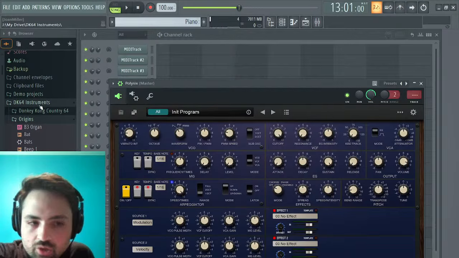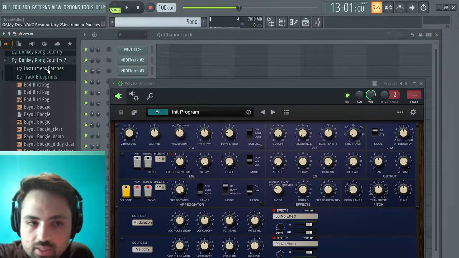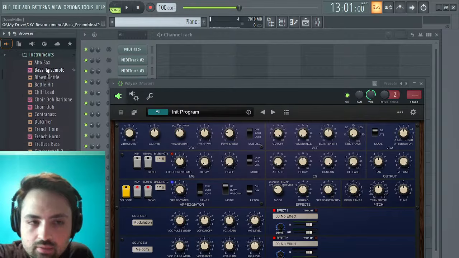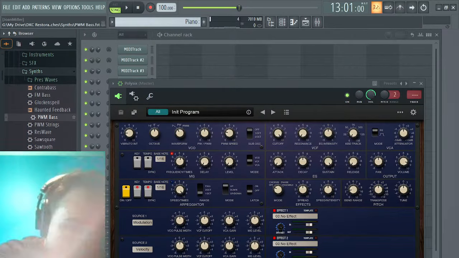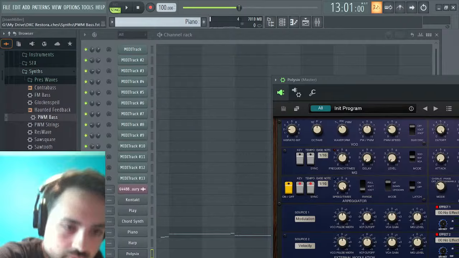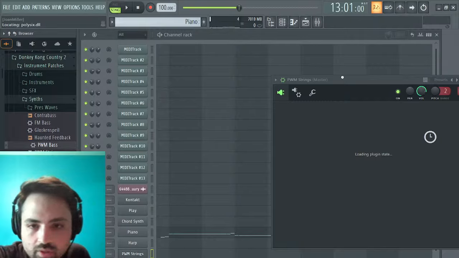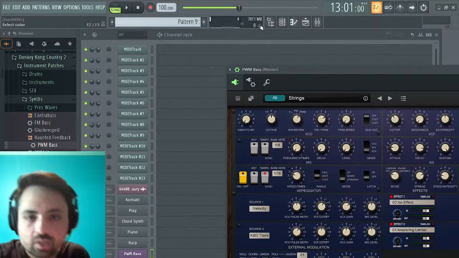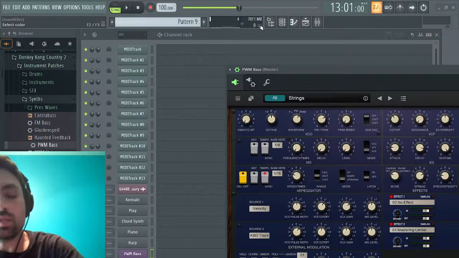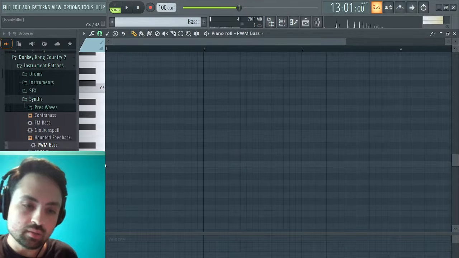Or I can use the preset from Donkey Kong Country 2, because I know he used a lot of synth basses using that, so I kind of want to allude to that. So let's see, PWM bass. That would be fun. Let's see. So I kind of want to find first empty and call this bass. Get that in its own pattern, and then